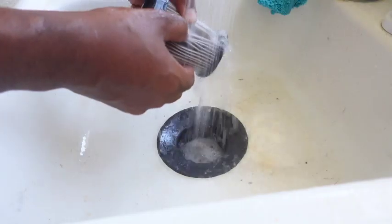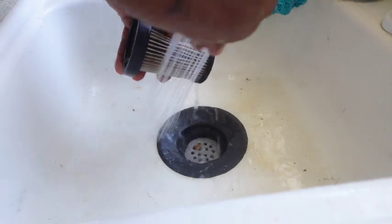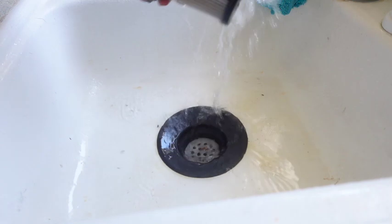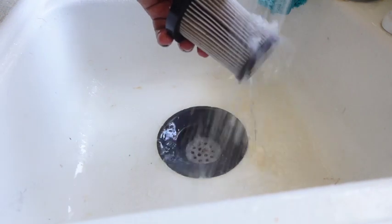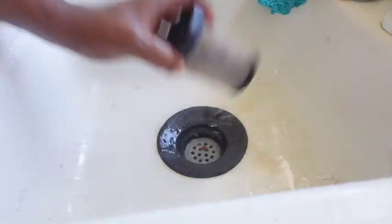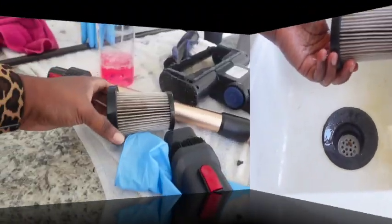Another tool that would probably be handy for this is a toothbrush, because there's dirt in between those little spaces on the filter that you want to get out of there. But you want to give it a good clean. As you can see, it's still a little dingy. So